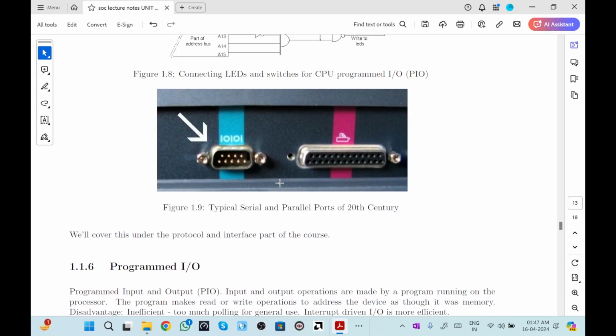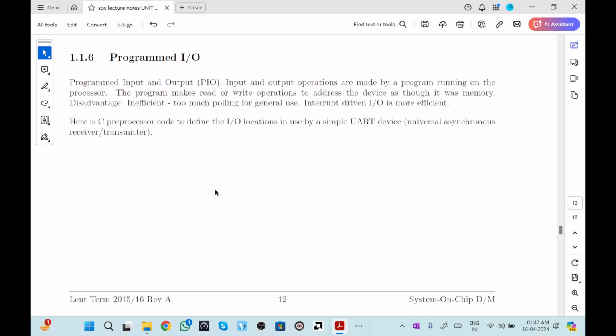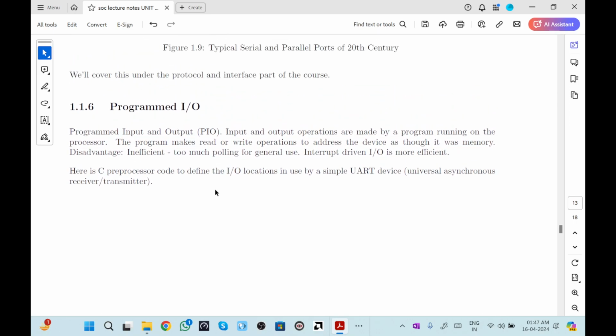UART is basically Universal Asynchronous Receiver and Transmitter, which is not dependent on the clock, and we can say that it uses only single channel communication. So you can see that your mouse wire, your VGA connector, has only a single wire, and every possible communication is established from that wire only.